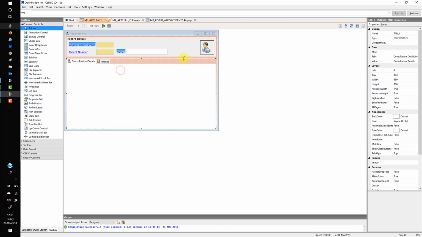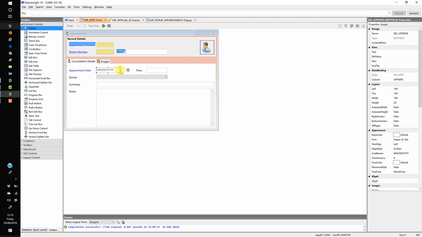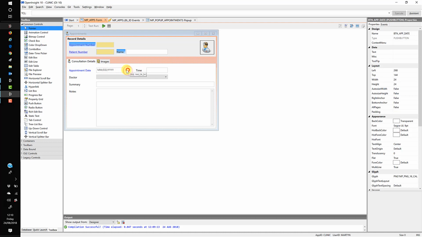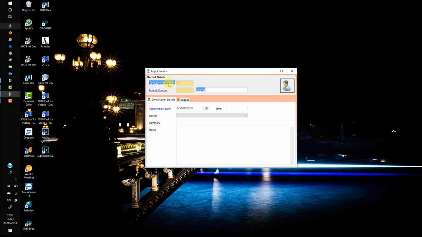So let's just make sure. See, I'll grab the tab control again. Make sure that we grab that with that over, and then we'll just put the button in the right place. Okay. Right, so if we just test run this again,